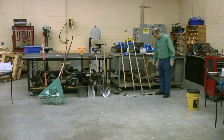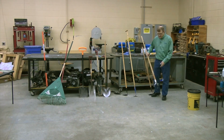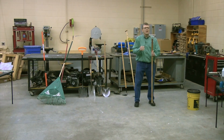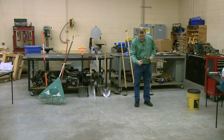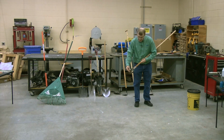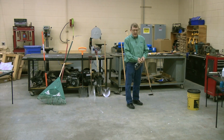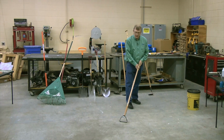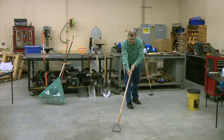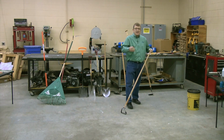So if you're in your own garden, let's take a look at, this is my favorite. This is called a shuffle hoe. If you were to look up close, it's got, I don't know if I'd call it razor, but it's pretty sharp there. I could cut myself on this edge, and it has an edge here, sharp there as well. It's designed, see how it wiggles? It's designed to shuffle. It's designed to move back and forth. So it's designed to be on the ground and push and pull. You're shuffling, you're weeding both ways. Instead of,